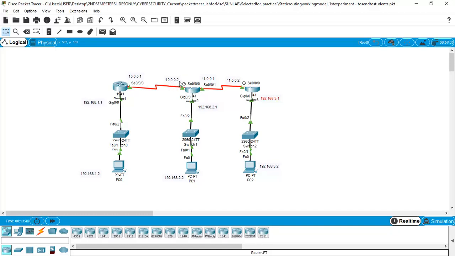This is the IP address we have assigned to the serial interface of router 2.